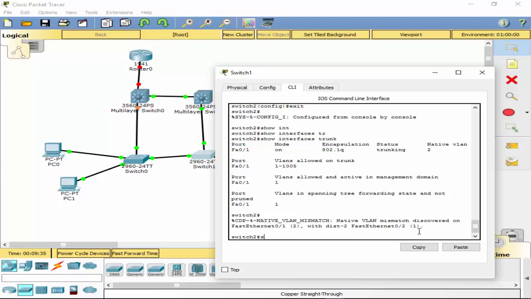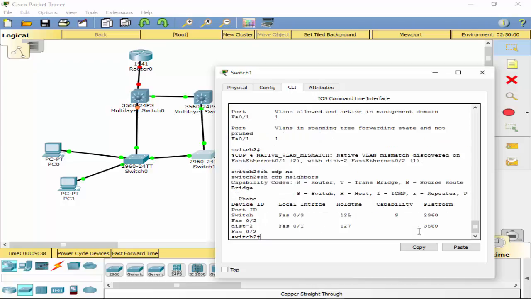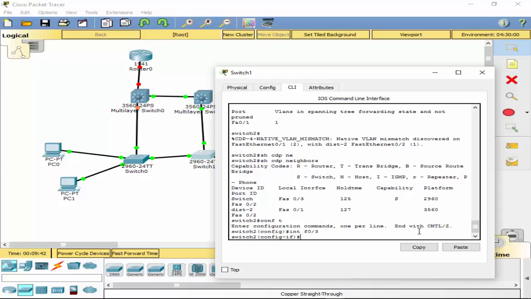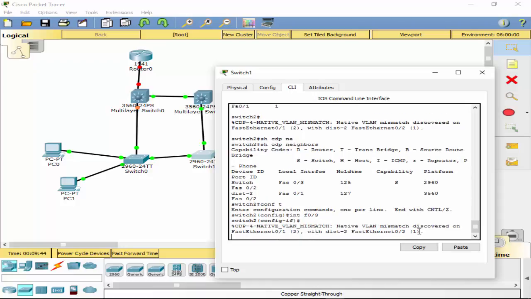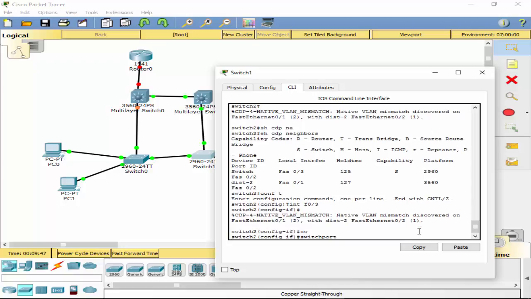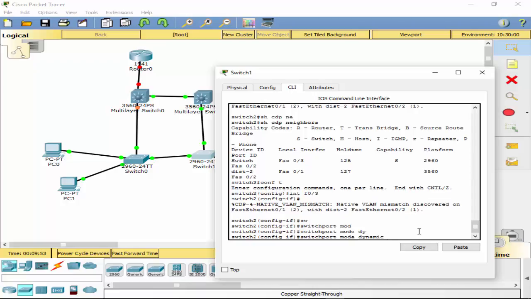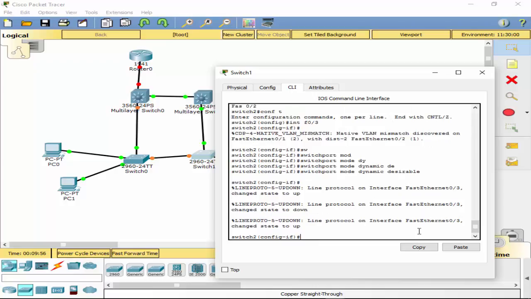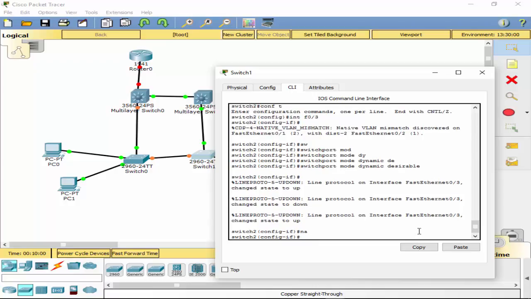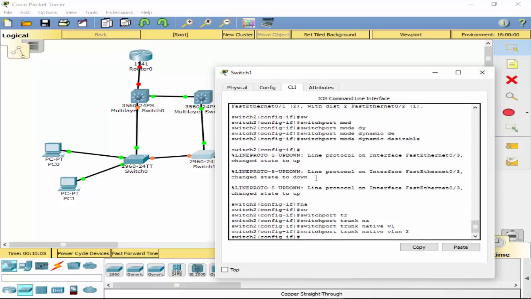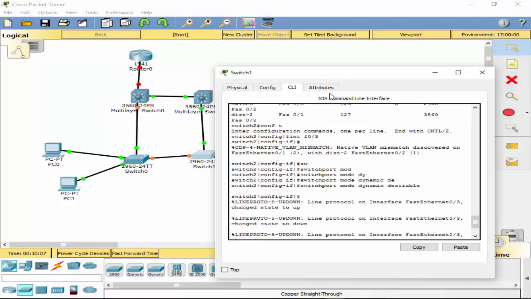Anyhow, show CDP neighbors, and we have conf t, interface F0/3, and we are going to say switchport mode dynamic desirable, switchport trunk native VLAN 2, and it is still telling us that dist2